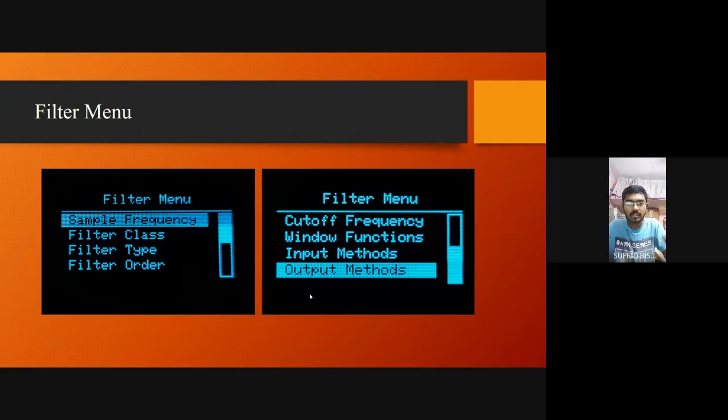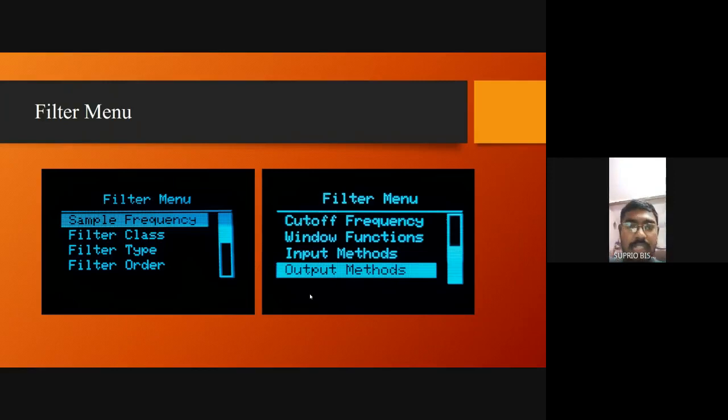Window function is the type of window implemented on the FIR filter only, like rectangular window, Hamming window, Hanning window. While providing the input, we have also implemented several methods: either you give the input through an aux connector, or through a mic or pin. For the output method, we have two modes. The first mode is directly showing the output on a DSO, and in the next mode we can take the log of the input and the output and plot it on a laptop. First I will give you the demo of the live filter.